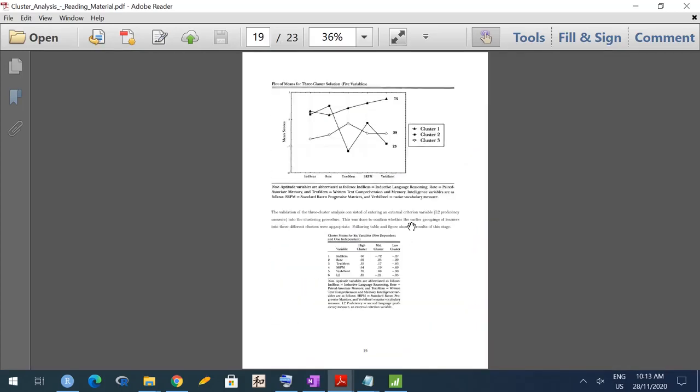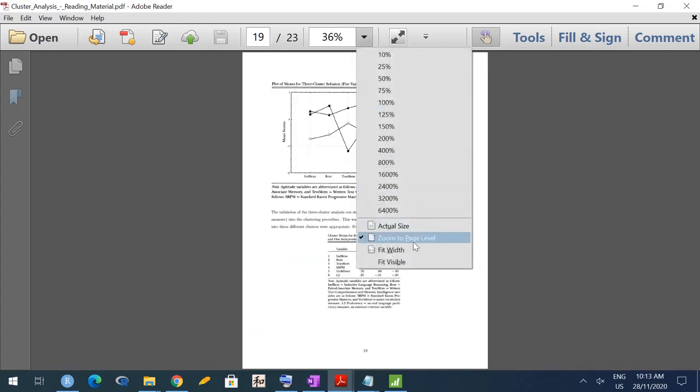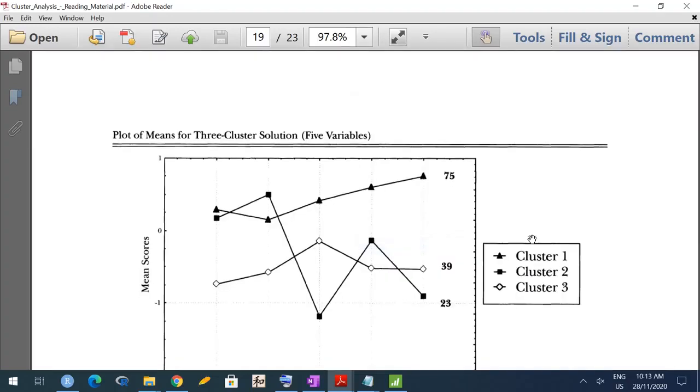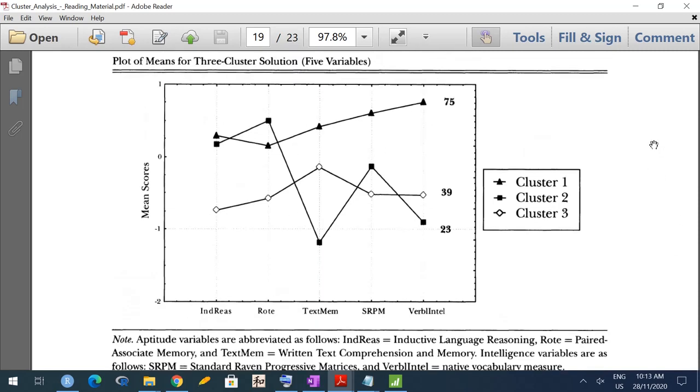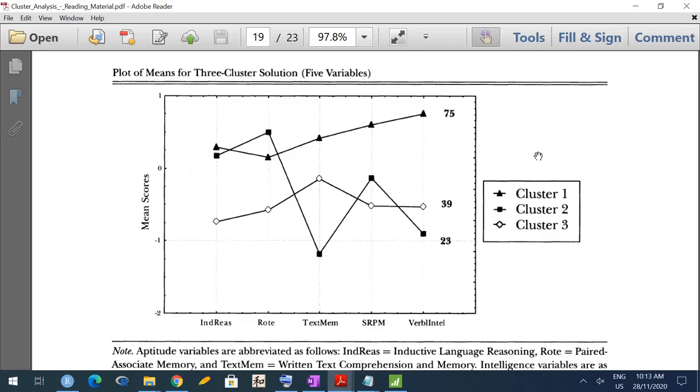So let me show you the graph. This is an interesting graph. You can read the details when I share the document with you. So here the 5 aptitude variables are on the x-axis, and the clusters, cluster 1, cluster 2, cluster 3, are as per their language abilities. So inductive reasoning, rote memory, text memory, etc. Okay, and cluster 1 is supposedly consisting of those students who were pretty good in all these linguistic tests.